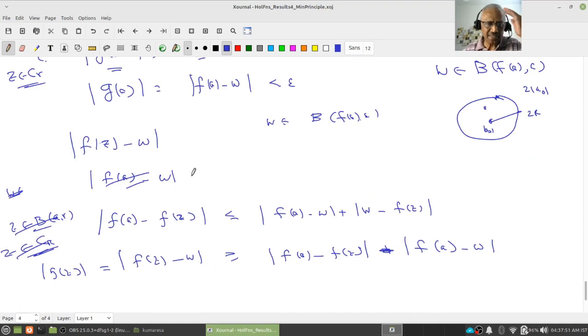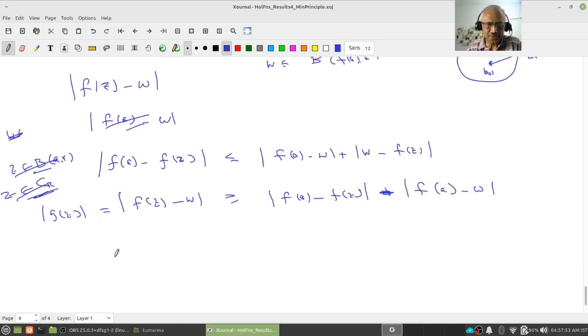I was mentally working in BAR, that's why I got confused. Please understand, my z is in CR now, right? If z is in CR, then I know fa minus fz is always greater than or equal to epsilon. But remember, w is in the epsilon distance, therefore this will be greater than or equal to minus epsilon. Fa minus w is less than epsilon, therefore minus of that will be greater than or equal to epsilon, therefore